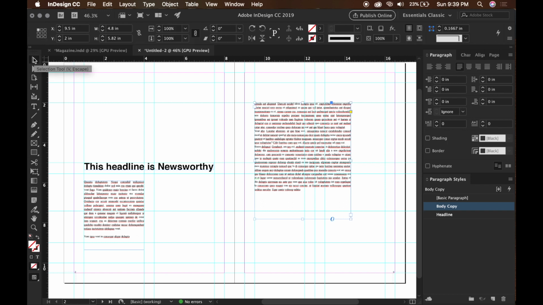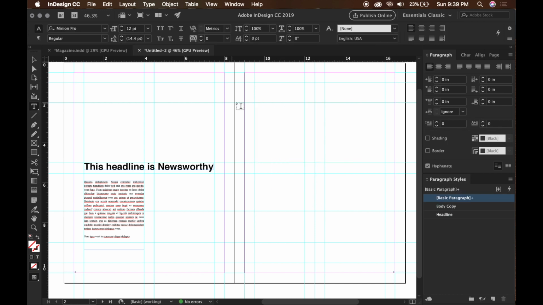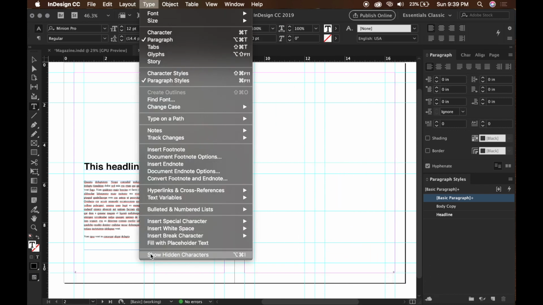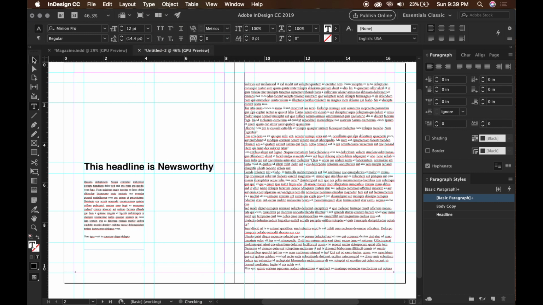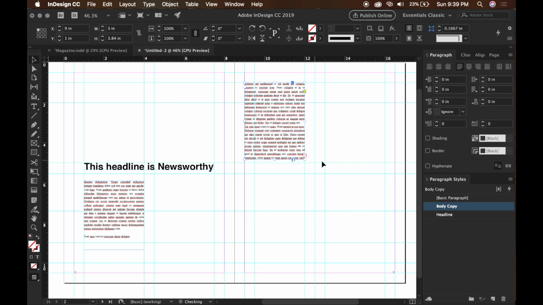Something that is another really great thing when dealing with long bodies of text, like a news article, is this idea of joined paragraphs. So imagine that I have an article that is really long. In order to show you that, I'm going to make a really big text box that just covers the entire page. I'm going to fill it with placeholder text. I'm going to make sure that it looks like my body copy. And now, if I shrink that text box down,